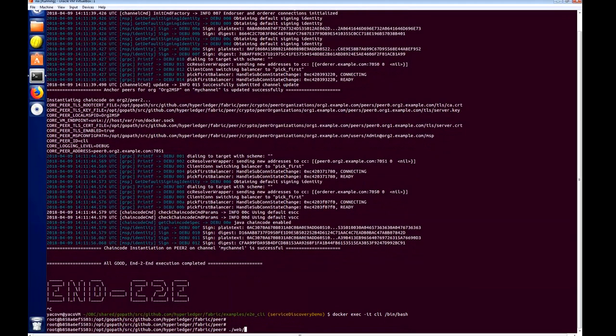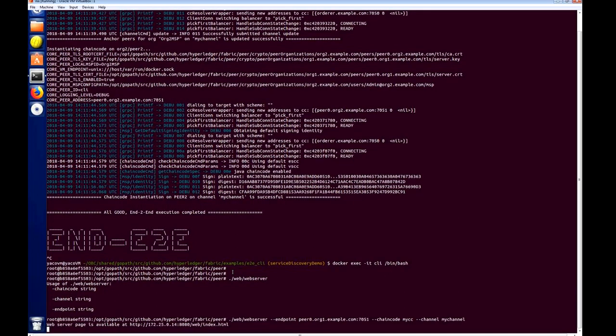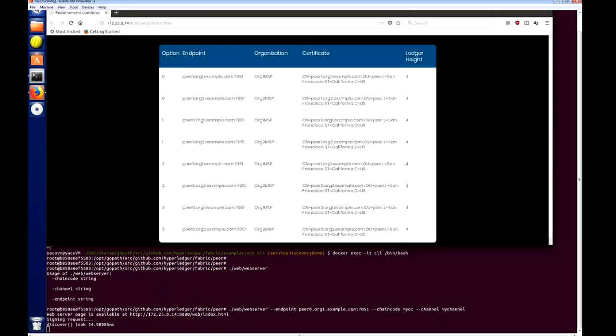And I have here a binary which I created, which runs the web server. I'm going to tell the web server to connect to peer0.org1.example.com:7051, and to ask about chaincode mycc and channel mychannel. All right. And now I'm going to open the web application. And we see here that